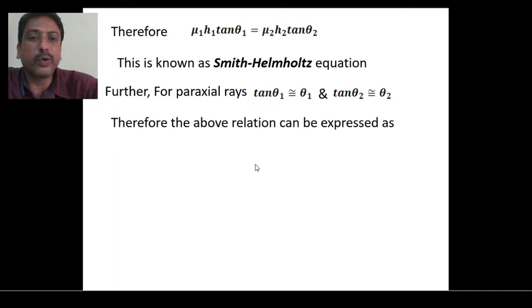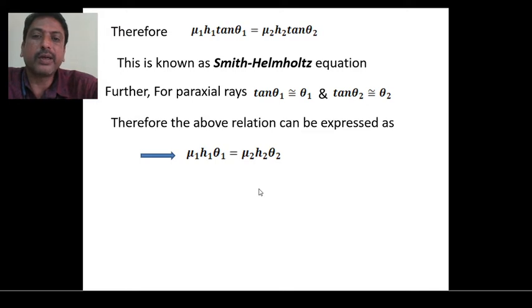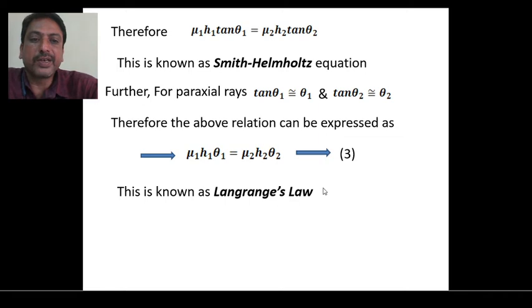So therefore the above relation can also be expressed as mu1 h1 theta 1 is equal to mu2 h2 theta 2 by avoiding tan here. Okay, so this is an assumption. So this can be considered as equation 3, and this is known as Lagrange's law. So the above equation mu1 h1 tan theta 1 is equal to mu2 h2 tan theta 2 is known as the